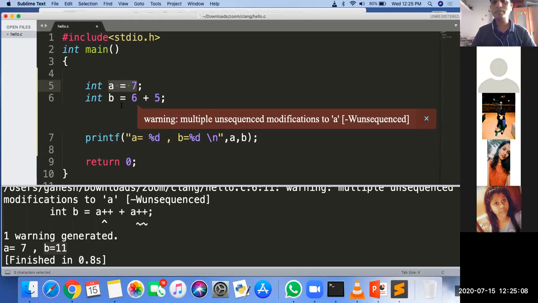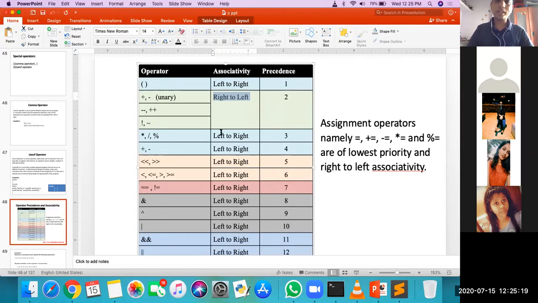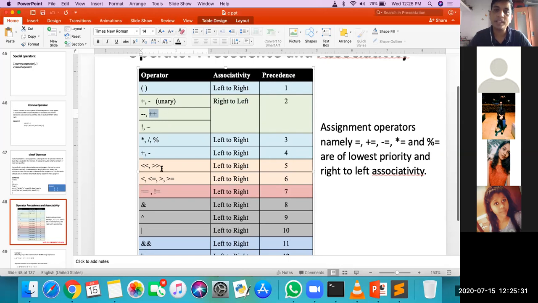Sir, I didn't understand. It is confusing. Yes, it is the most confusing part. So A plus plus. Just look at the precedence table. Which operators do we have in our expression? Plus operator and the 2 plus plus operators. Which has the highest priority? Plus plus, sir. But there are 2 plus plus operators. If there are 2 plus plus operators, which gets solved first? The right one, decided by the associativity. So the rightmost operator is solved first. Is it clear? Yes, sir.